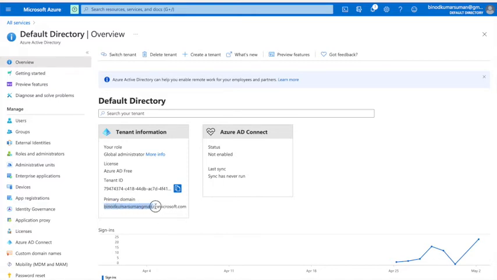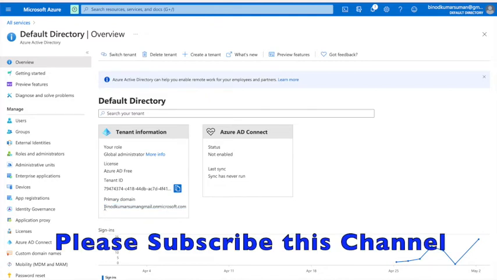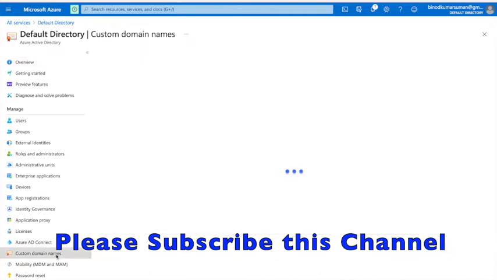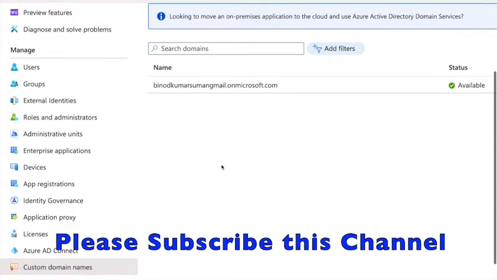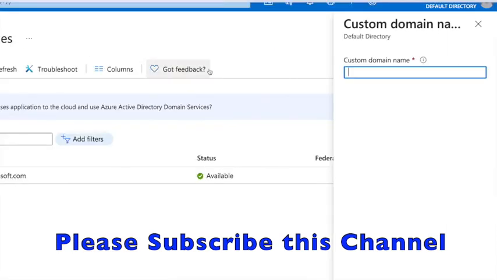The default domain name is given by Microsoft. So this is your user ID, and on top of that they will suffix onmicrosoft.com. So by default it is given onmicrosoft.com. But if you have your own domain, then it is better. Then you can go for the create domain name option here. I click here, and then here you can create the domain name. So suppose I am giving